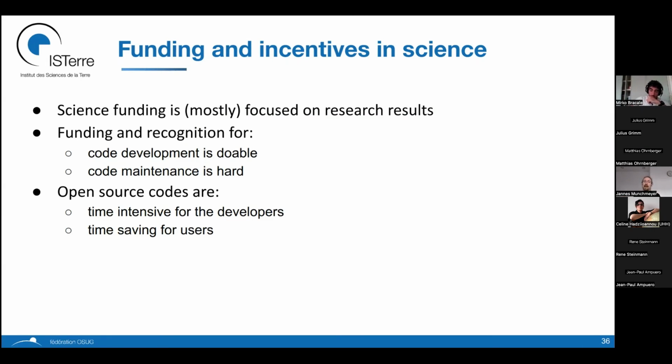The second point is that getting funding and recognition for code development is doable. You can write software papers, there are enough funding schemes for that. But getting money for code maintenance is much, much harder, because funding is project-based, and maintenance is a long-term job. You basically would want funding for a couple of hours every week for yourself. And then you also want recognition, assuming you're someone who still is applying for new jobs in science. And that's very difficult. Besides that, you clearly get recognition for your software, like you got cited for your original application, and you get cited a lot more if your software remains usable. So there's a certain aspect of this, but it's harder.